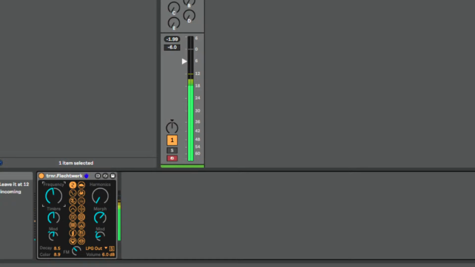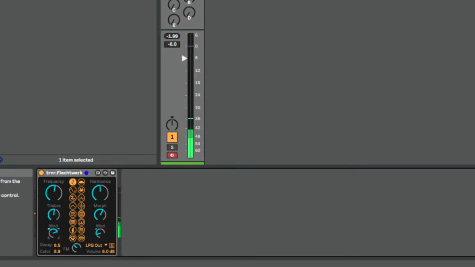We can tune the frequencies, but you can hear it goes in semitones. We have harmonics. And like that, we have timbre, morph,